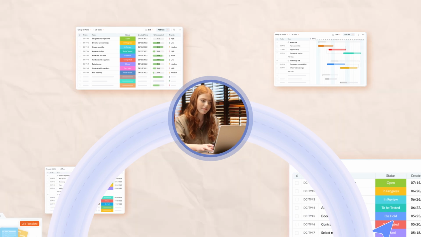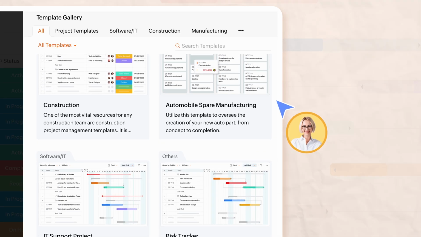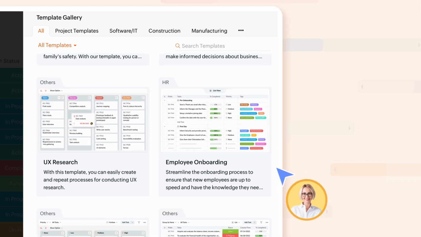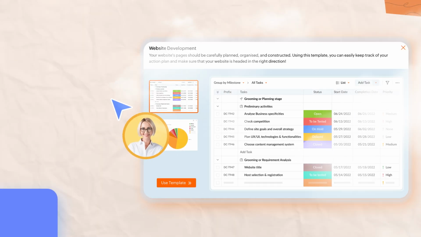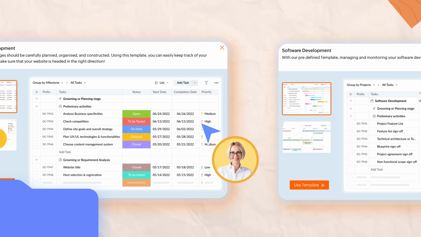Using a template from the template gallery, you can save the time you spend on project planning and ensure consistency across all of your projects. You can choose a template from a list of more than 10 industry-specific templates and task-specific templates to create your